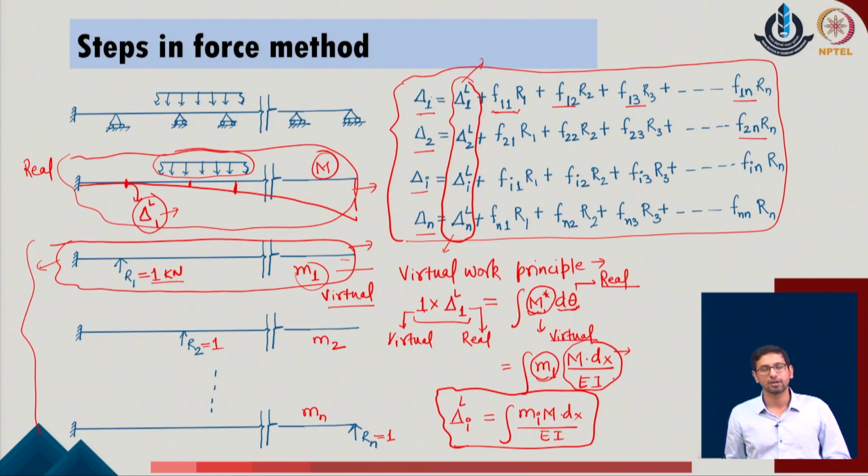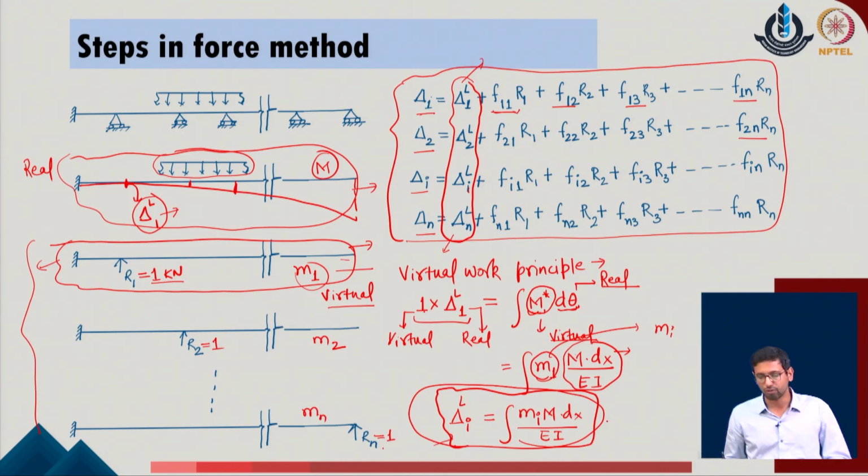If we do this part for all the different systems, so this is for the calculation of the displacement with respect to the node 1, I can do this with respect to any generalized node I of the given problem. In that condition, the m1 will be converted into m of I, whereas the remaining part of the expression will remain same. So, I can describe that any particular component delta I with respect to the loading is described by this given expression.